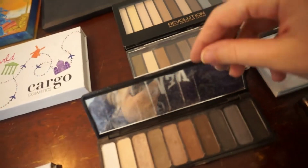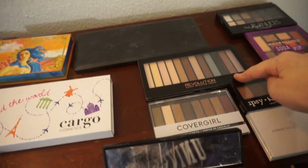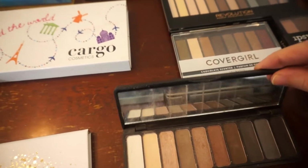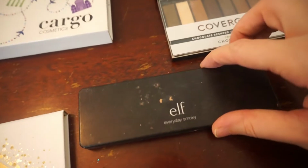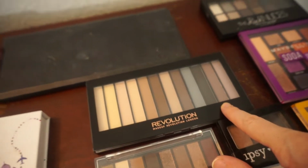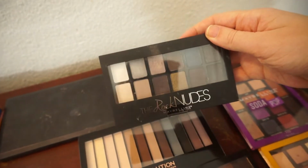I have 3 drugstore palettes that are pretty much identical. This Makeup Revolution one I've never touched, so I might give it away. But I have this e.l.f., I think it's the e.l.f. Smoky. I did a review on it a couple of years ago. Yeah, it's the e.l.f. Everyday Smoky, CoverGirl Chocoholic, Makeup Revolution, and then I have the Rock Nudes from Maybelline, which